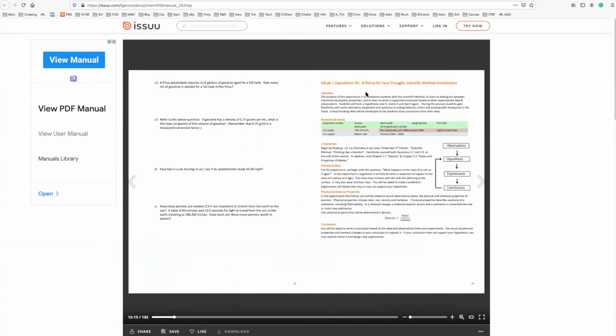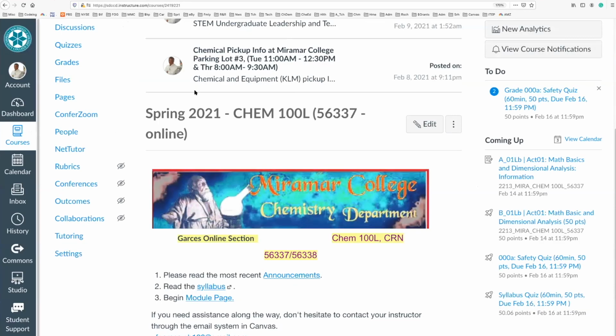Okay, so I want to go over here to experiment number one, because that's what we are going to be doing, this part right here, the penny lab. So I'm just going to bookmark that. Let me go back over here